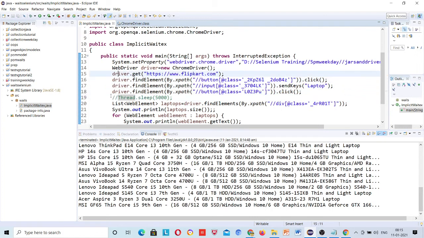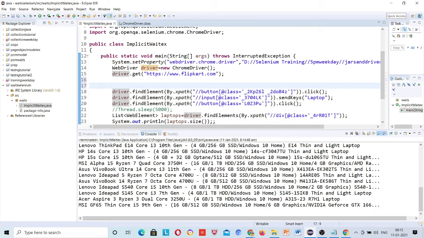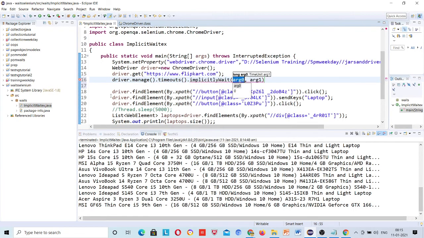So it is better to use implicit wait, right? How can we apply it globally, meaning once you apply it anywhere it will be applicable throughout the project, right? Just write the line timeouts dot implicitly wait, right?